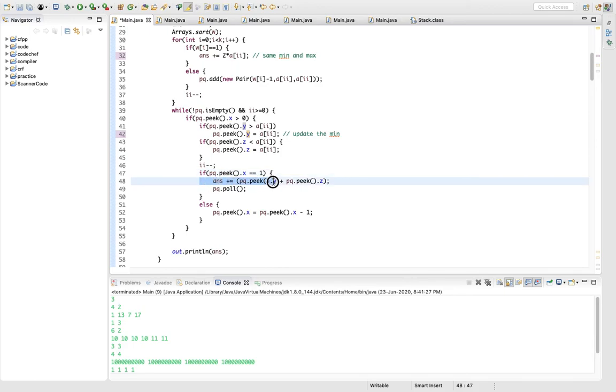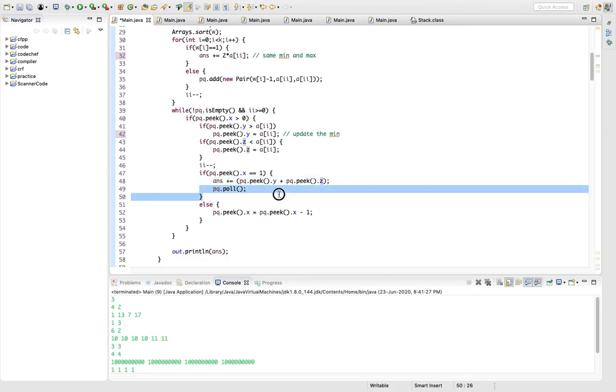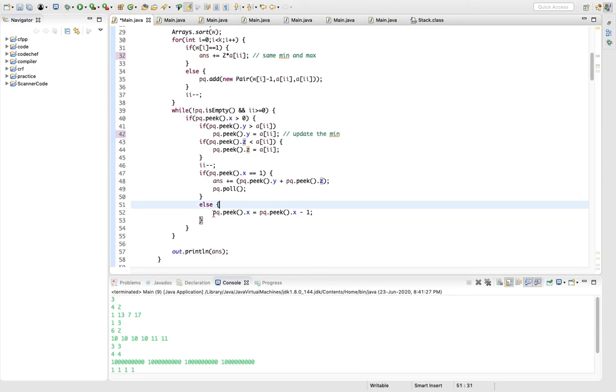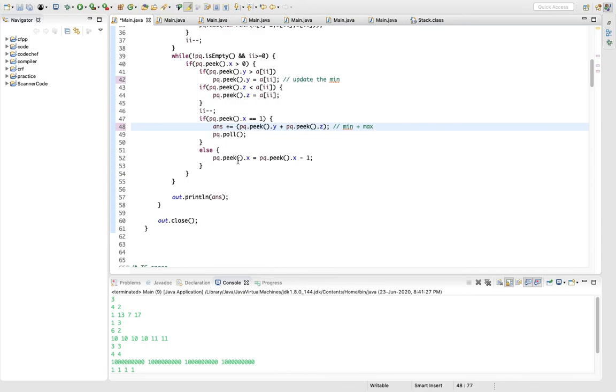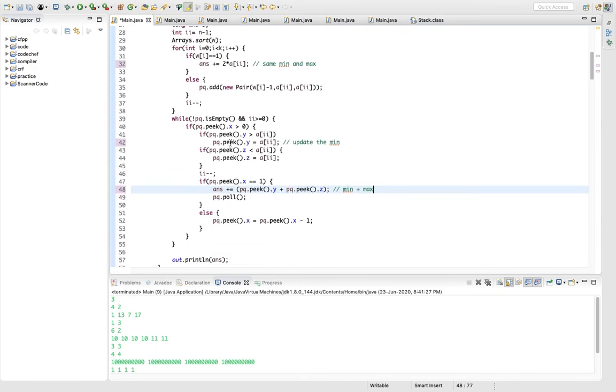And if it was the last chocolate that I have to give to this one, then it will just add to the answer and remove that friend. Else it will decrement the number of required chocolates for this friend, and the sum of these values, which is the minimum plus maximum, is our answer. I will link this code in the description.